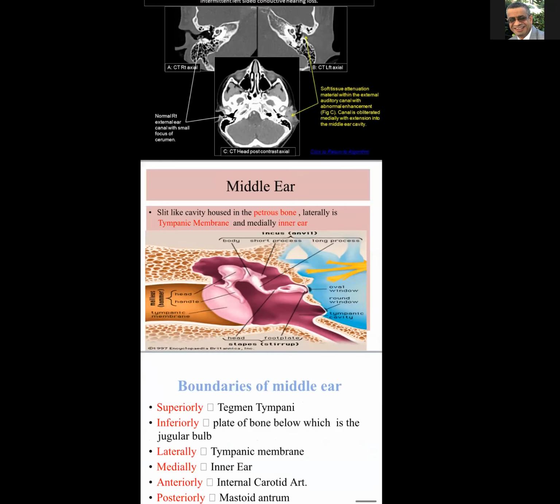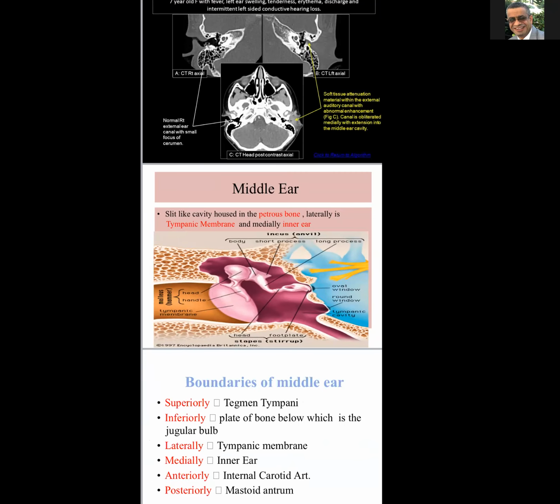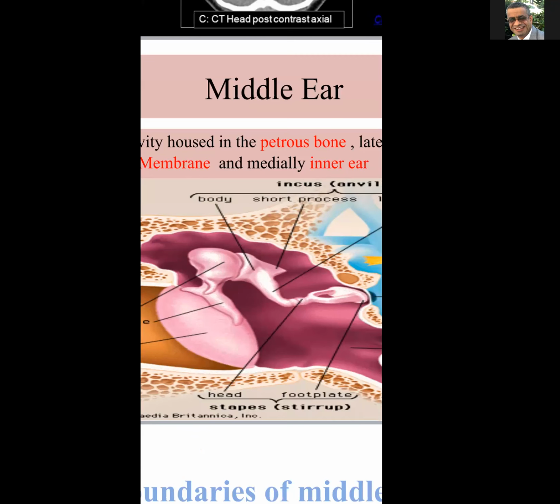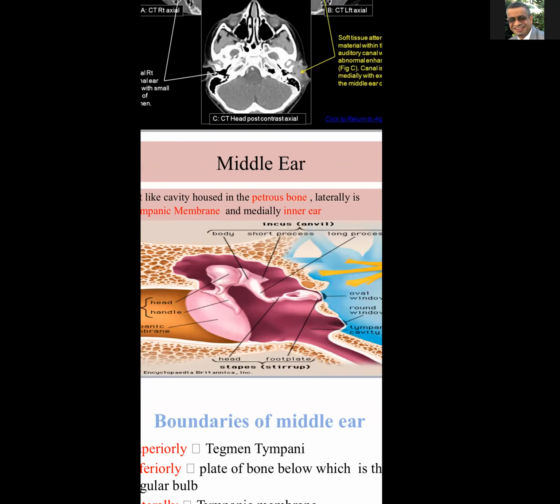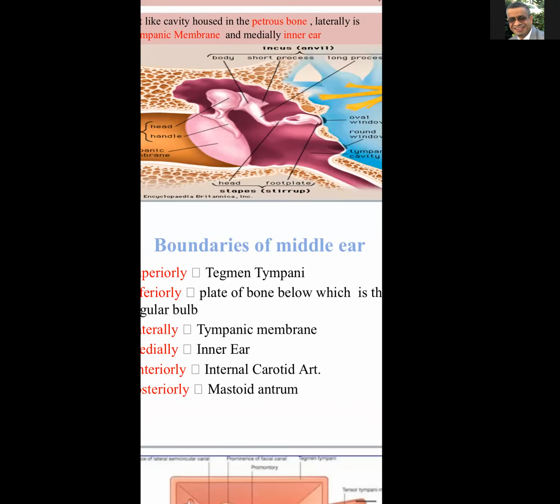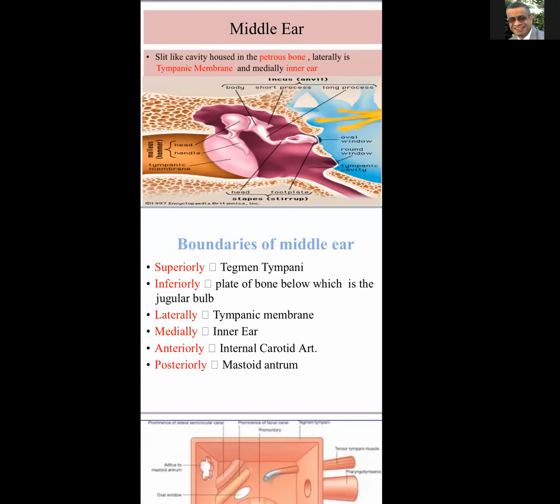Now the middle ear anatomy. The middle ear, it is a slit-like cavity that is housed in the petrous bone. Laterally, there is the tympanic membrane, and medially, the inner ear. هذه هي middle ear واضحة, laterally tympanic membrane, وmedially inner ear. It is a room-like cavity, يعني بها 6 walls. We have a superior, inferior, anterior, posterior, medial, and lateral. So the boundaries of the middle ear عندنا 6 شغلات كأنما إحنا واقفين بغرفة